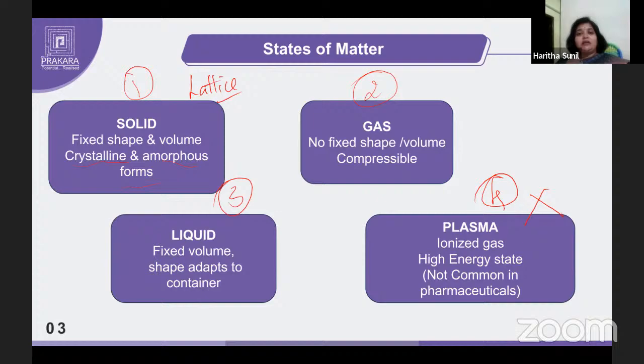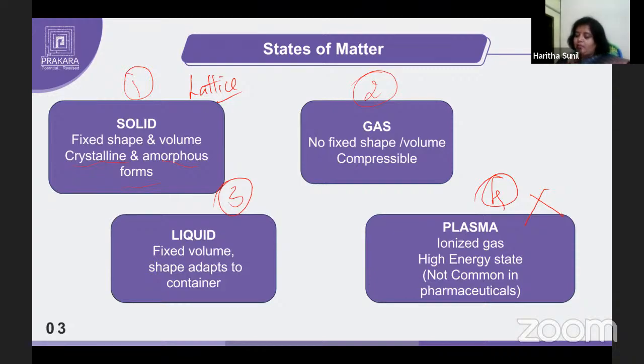Okay, which we call a lattice arrangement. They also possess different melting points, and each form has a different stability. Examples of crystalline forms include general examples like sodium chloride and paracetamol, which come under the